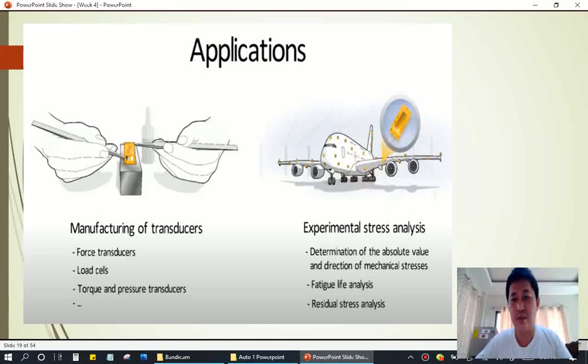There's a contraction or the expansion, and a lot of strain